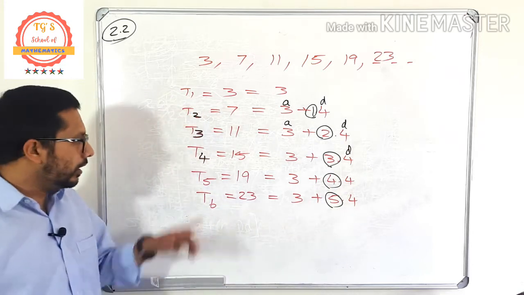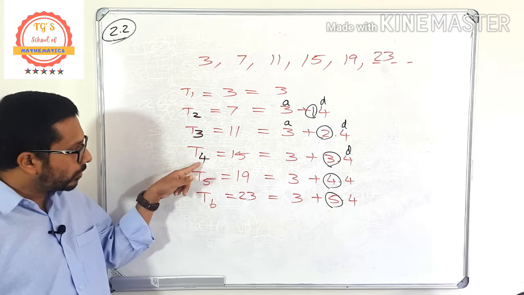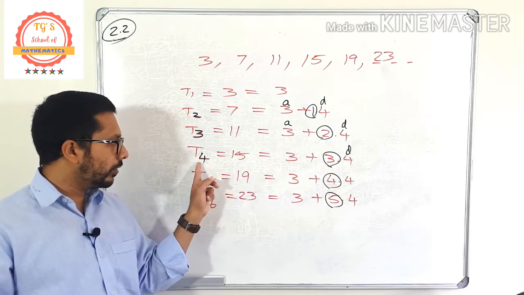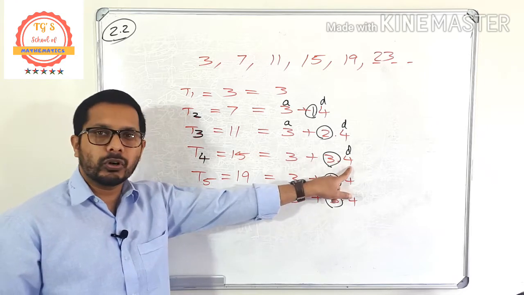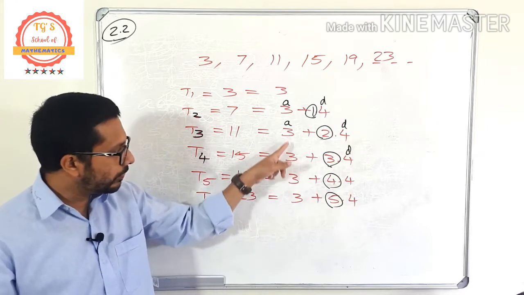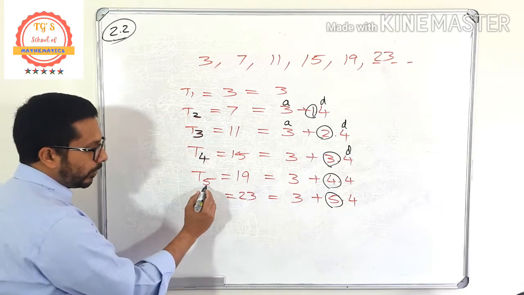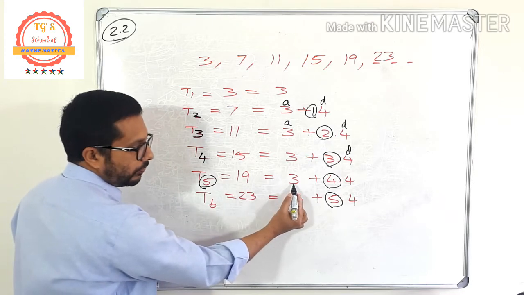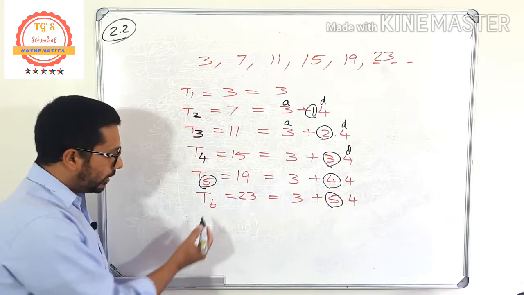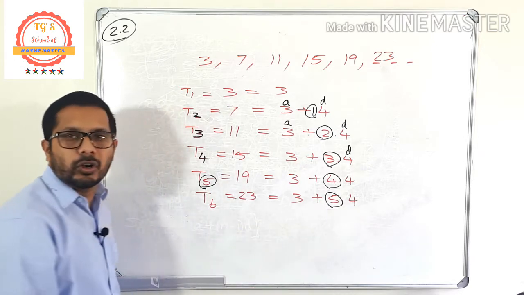So here you can see that these numbers are 1 less than this one. Am I right? So the fourth term is the first term plus 1 less than this one, 4 minus 1, 3 times the common difference. Here the last numbers are always the common difference. These ones are first terms. Okay, so the fifth term, look at this: first term plus 4 times the common difference. Sixth term, first term plus 5 times the common difference.